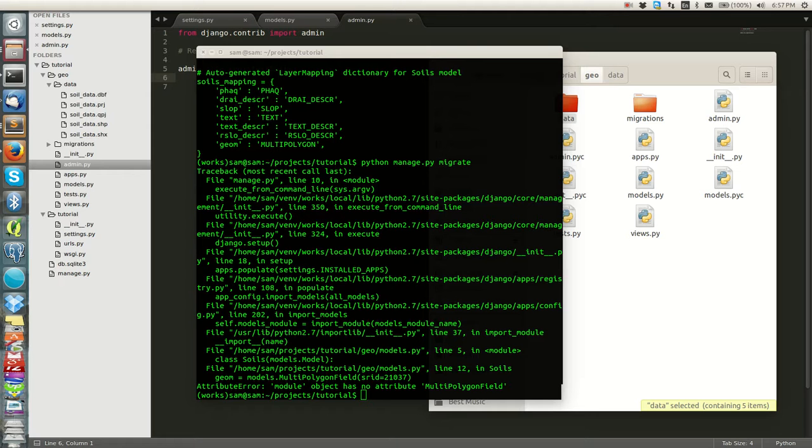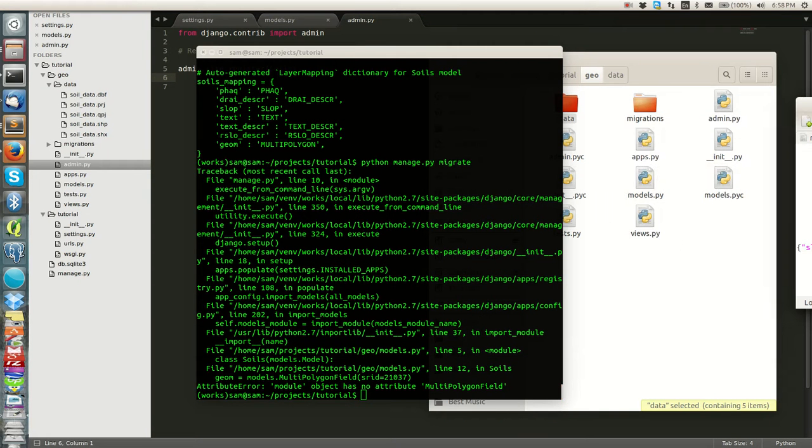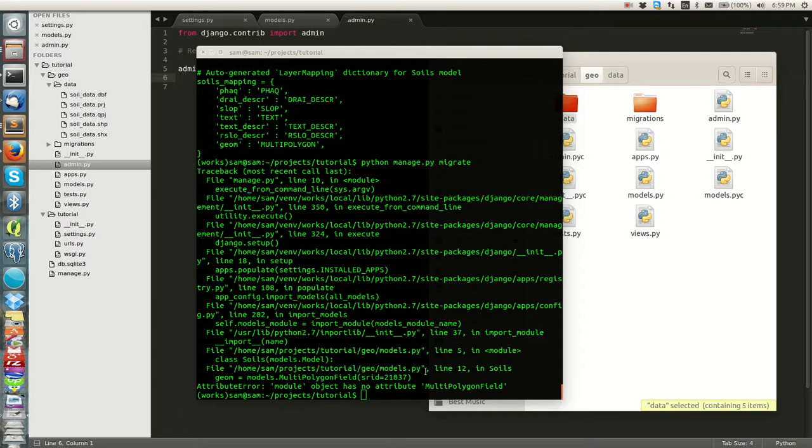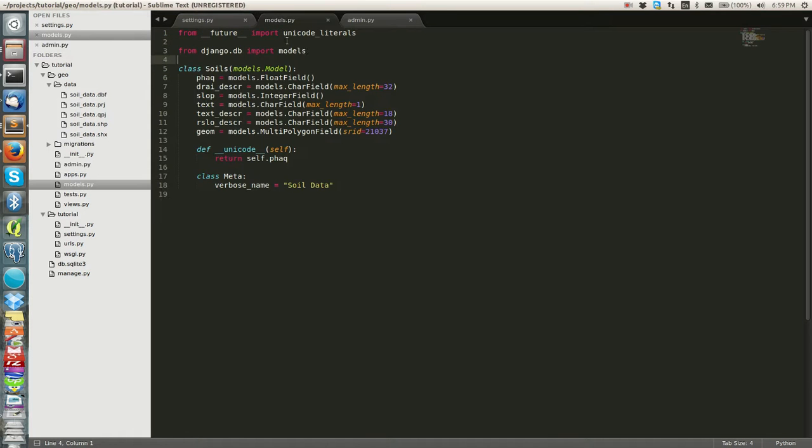So if I come here, I'll just reference some materials that exist here, but we can check what the issue is, the multi-polygon field. So as I think, to eliminate this error, we now need to enable some of these aspects in our models. So here we're importing from models